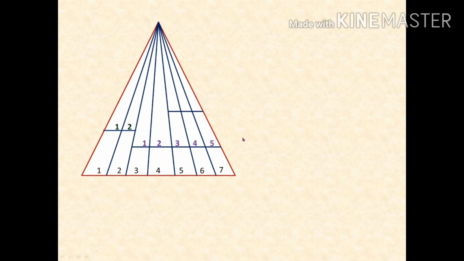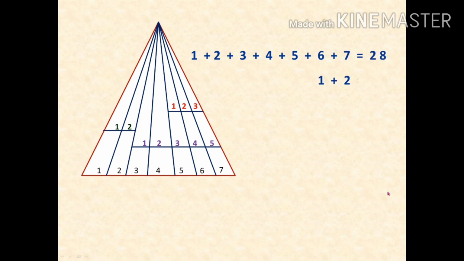Next we are having only one base. So if we number the triangles, there will be 3 triangles. So first step, numbering, is over. Then we have to add the numbers in each base. First we can add the numbers in the lower base. So 1 plus 2 plus 3 plus 4 plus 5 plus 6 plus 7 equal to 28.